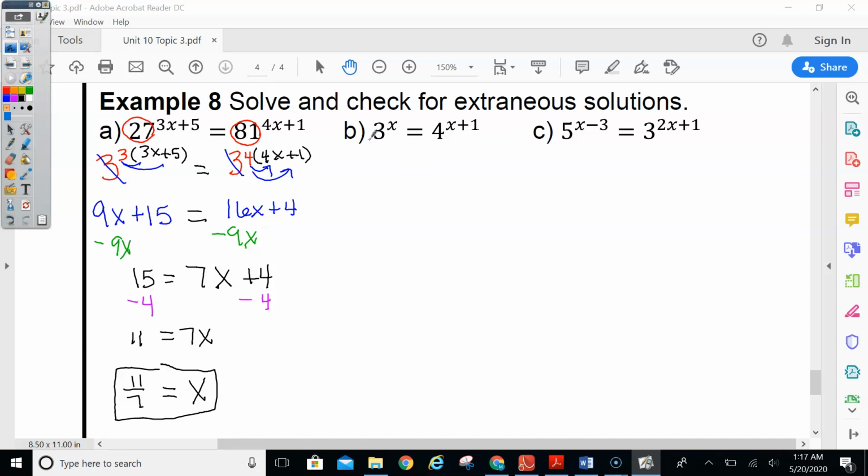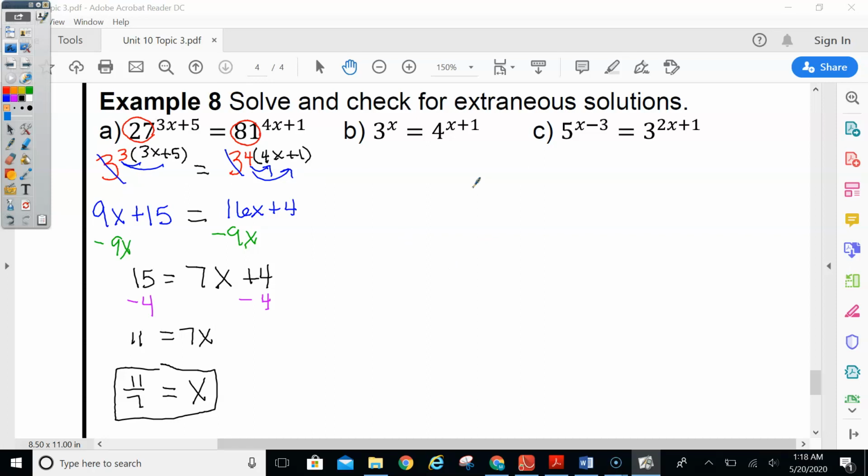But if you notice on this side, 3 and 4, they're not going to have a common base between them, because those are already in lowest terms. I mean, this one we can write as 2 squared, but that's still not the same as this one. And then over here, 3 and 5, not going to be able to write it with the same base. So what we're going to do for these is